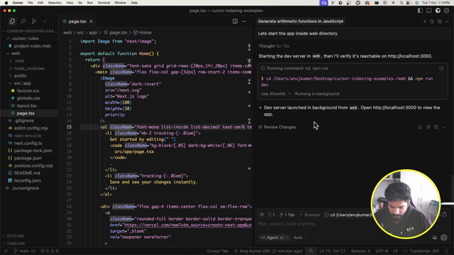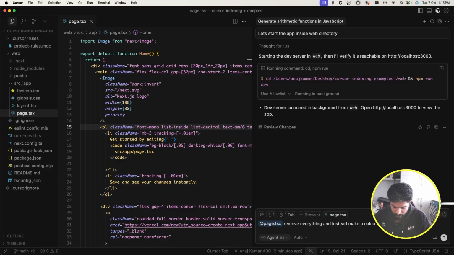Okay, so this is done, and we have learned about passing a single file reference and making those changes there. Now what I'm going to do is inside this page.tsx, I'm going to say that, hey, instead of this, remove everything and build a calculator that can take two numbers, add them, subtract them, divide them, or multiply them. Okay, so what I'm going to do is I'm going to close this and just provide page.tsx, remove everything, and instead